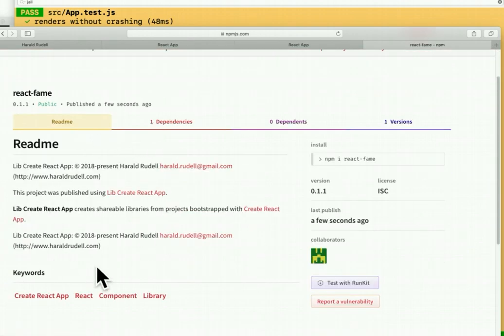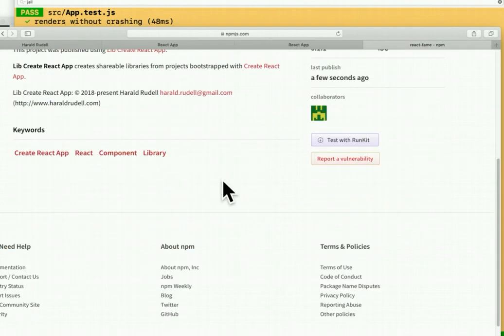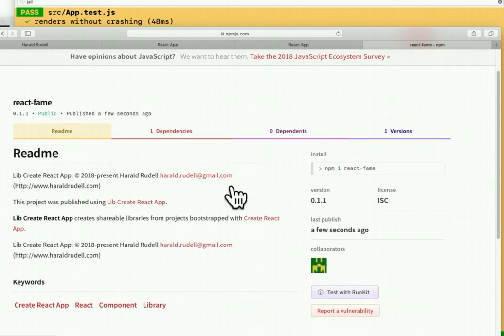Oh, so we didn't update the README, so we have that right over here, and yeah, that's the project, and this can be added to another React project now by the whole world. And we didn't add some things. We didn't add repository, but it's published. See how fast that was. So how was this done? How was this done? Well,